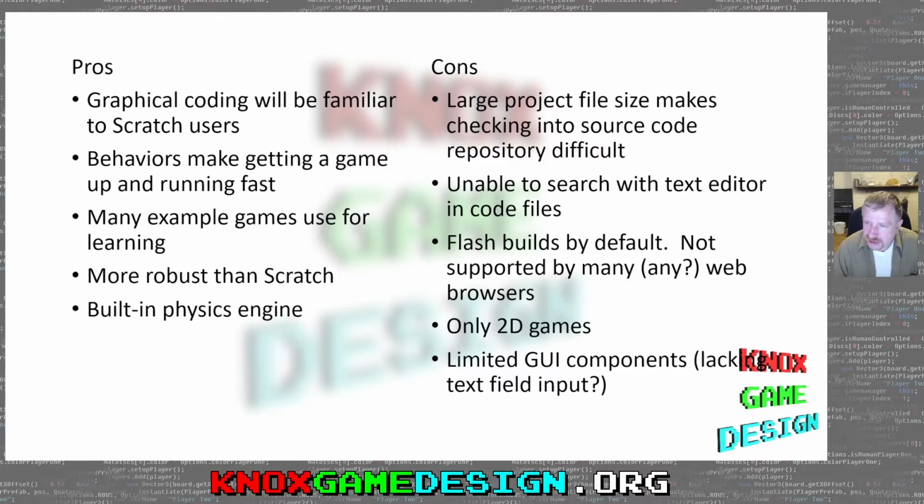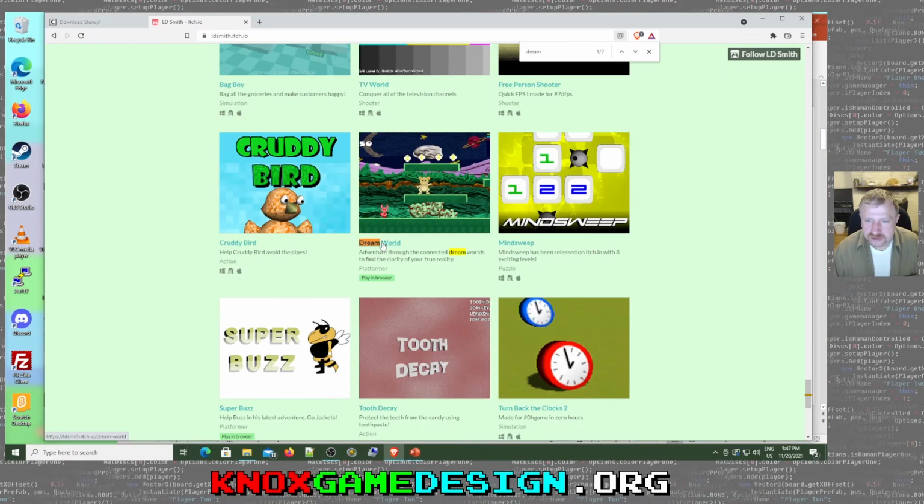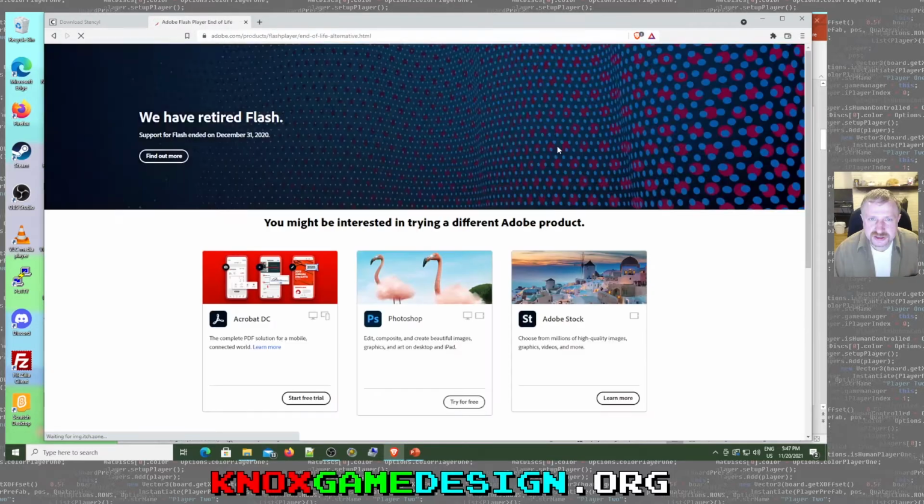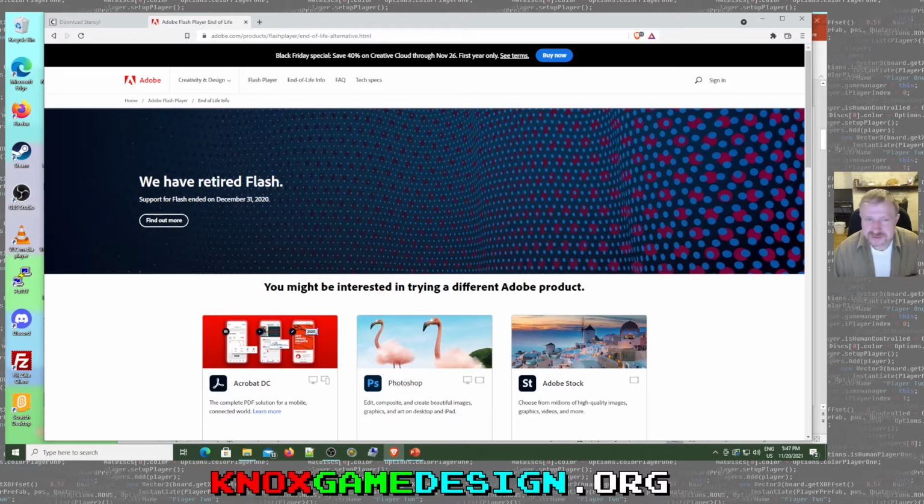Just because Flash is disabled on most web browsers these days. I'm sure you can jump through hoops. Actually, if you go to a Flash game, yeah, so here's one of my Stencyl games right here, and they'll say Adobe Flash is required to run this project. So if you click Enable Flash, it's going to take you to the Adobe website, and it's just like, hey,